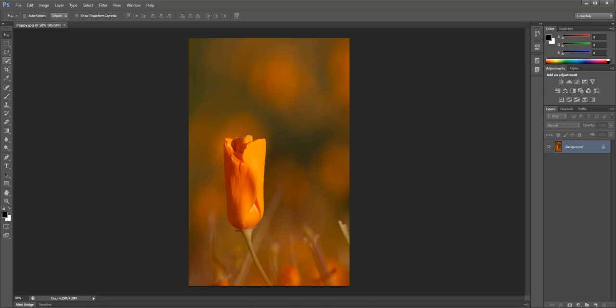So anyway, we're going to open a JPEG of the poppy, and we're just going to have a look at the selection tools that you used last week. So just a quick recap. So we used the magic wand, the quick selection tool, hopefully some used the lasso tool, and just the basic